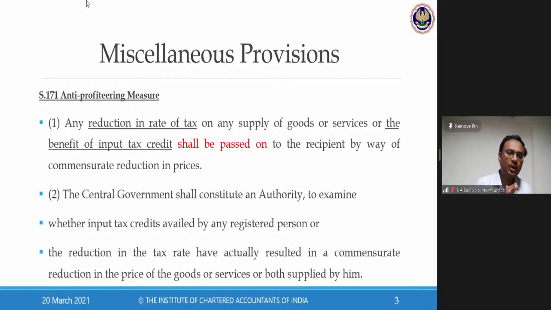Yes. So government says, look, I have given two measures: reduction of rate of tax and benefit of input tax. These two aspects shall ensure that the benefit of taxation has to be passed on to the recipient. Let me come to my annotation. So the government is very clear. It shall be passed on to whom? To the recipient. Now, if the recipient is registered under GST law, the cost of taxation is not going to be a burden.